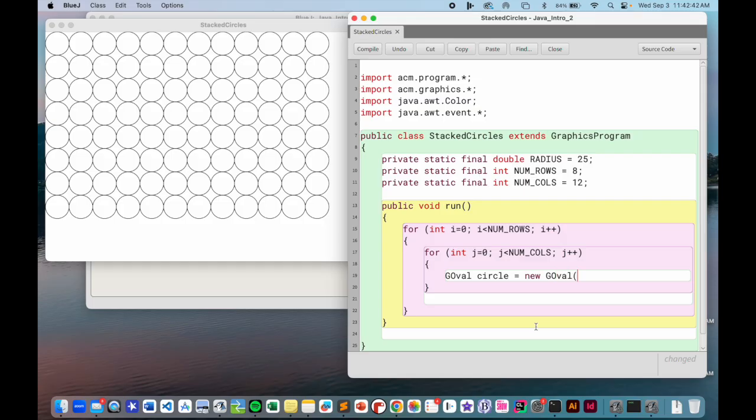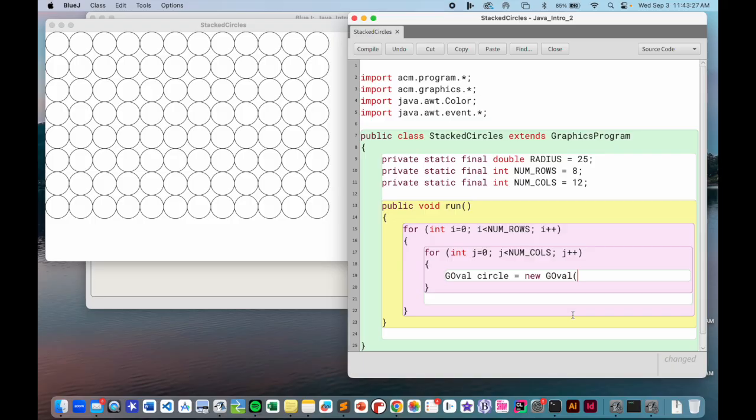And this is where this example is a little bit tricky. We said that I is what? I represents which row you're in. Now, this is going to feel a little backwards in your mind, but are rows the x coordinate or the y coordinate? The way that I want you to think about this is, as I change which row I'm in, am I changing in the x direction or the y direction? As I change rows, I'm actually changing in the y direction. I'm actually moving down the screen, or my y coordinate increases, which means that the y coordinate will actually depend